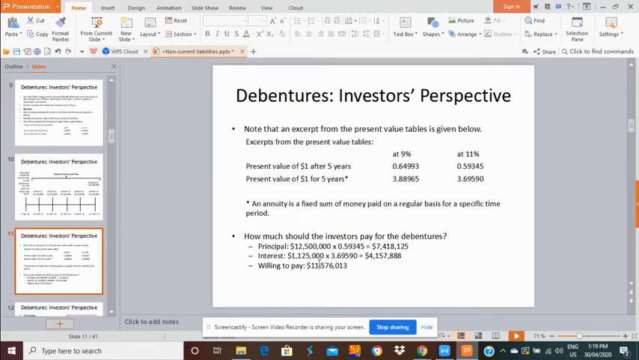But if the coupon rate, as I said, was 14% and market rate 11%, then the present value of principal would be much larger and present value of coupons would be much larger, and the overall value here would be more than